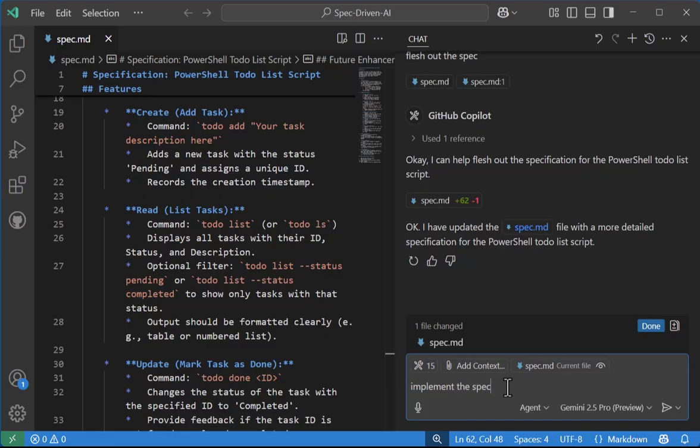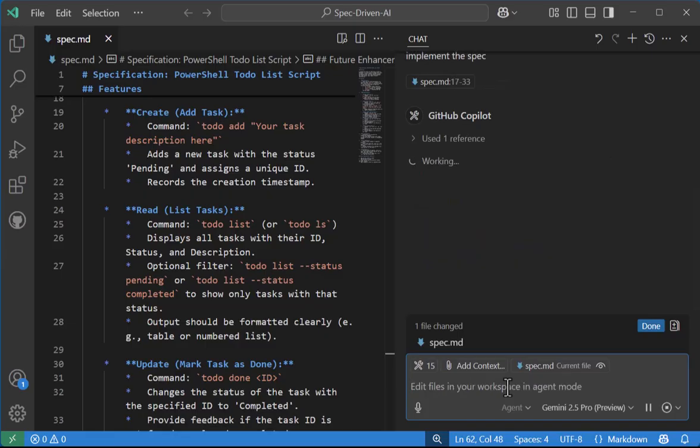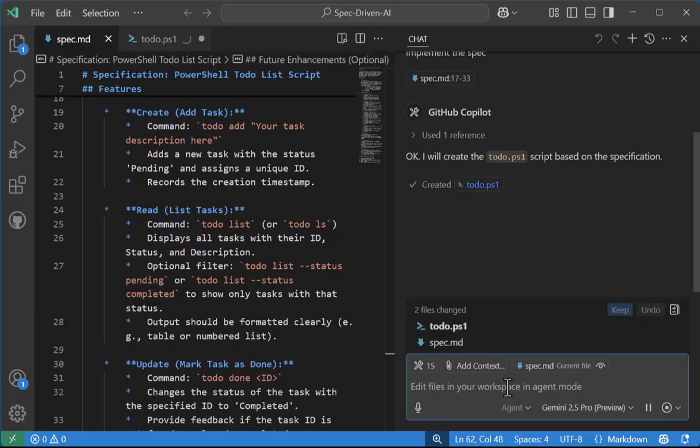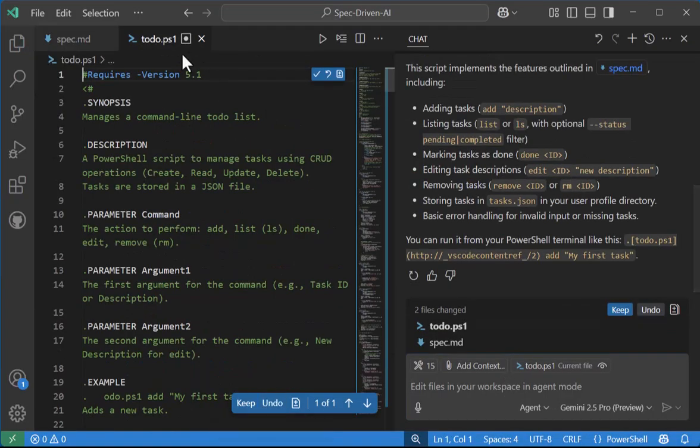the spec. Now it's important to note that I'm saying implement the spec, I'm saying flesh out the spec. You can use whatever language you're comfortable with that can communicate the intent of what you want. If you want to be more engineer-like, if you want to be more lax in what you're saying, feel free to give it a try. If it doesn't give you the results you want, you can change how you prompt it and how you communicate your intent to get a better result. Implement the spec, start creating the to-do,